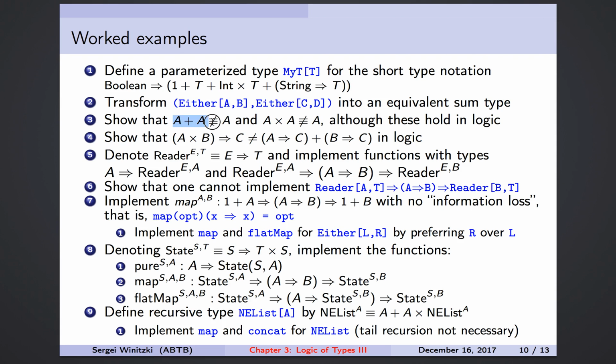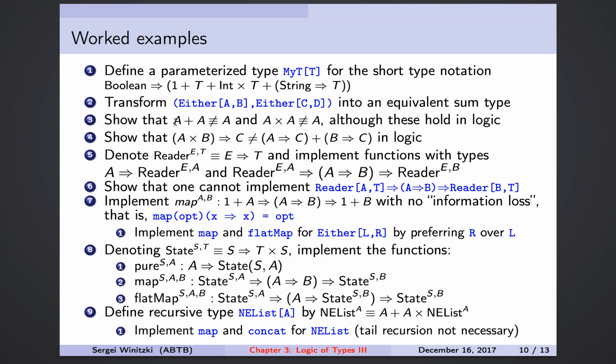Next example is to show that A plus A equal A and A times A equal A are not type equivalences, although they hold in logic. So these are logical theorems that are valid in logic, but of course as arithmetic statements these are wrong. A plus A is not equal to A for any A, and A times A is also not equal to A for any A